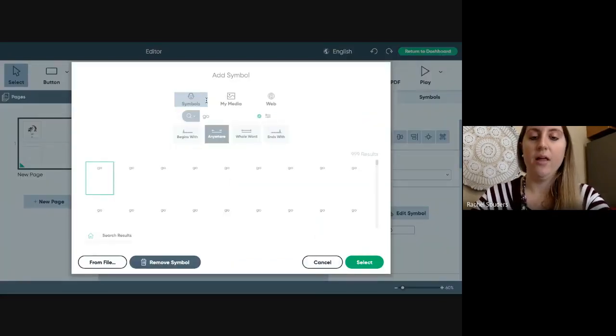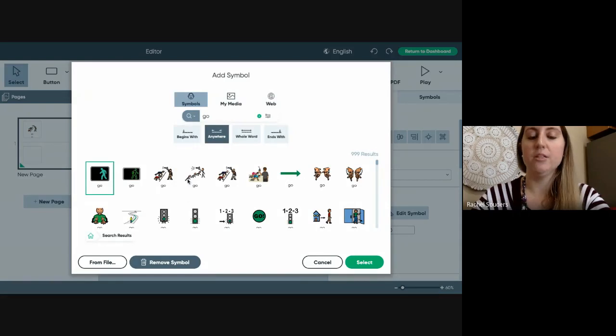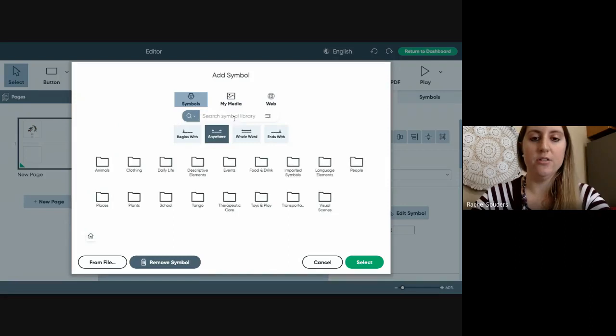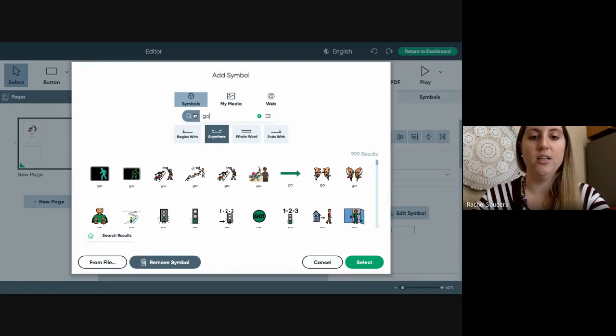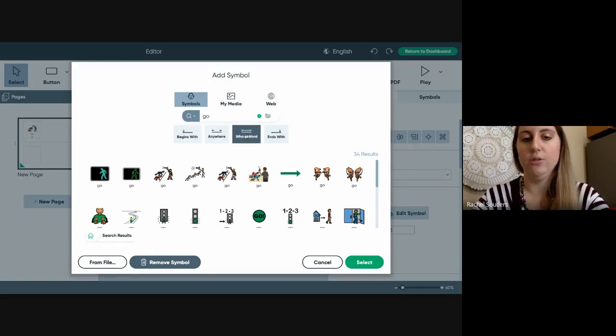Or what I think a lot of what we're going to be doing is just searching the Boardmaker symbol library. I was playing with this before, but you can see here right in the middle, there's a search bar. So you can type whatever it is you need and click enter. And now it gives you all of the results. You can play around with the search. So if you want it to only show you the whole word, you can click on that. If you click on this little arrow here, you can find words that sound like it or patterns. But really, I think if you have it on anywhere or a whole word, that'll help you find what you're looking for. So then you can just click on the one that you want and click select, and it puts